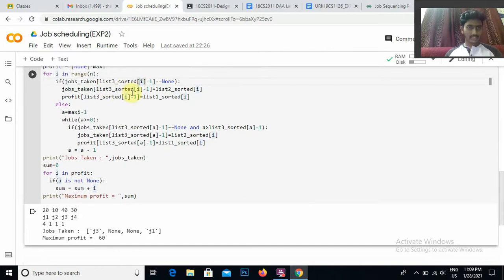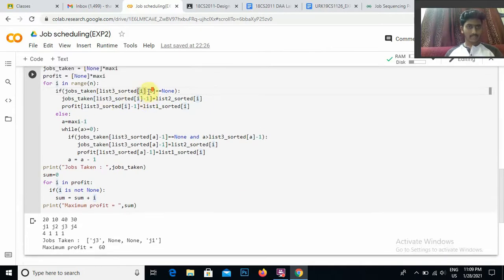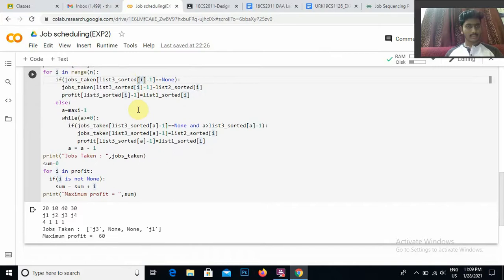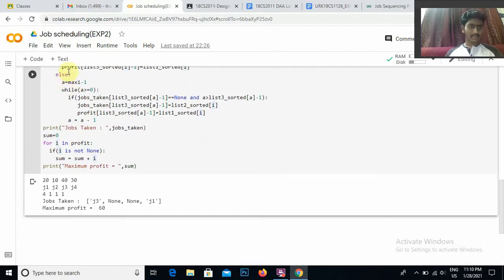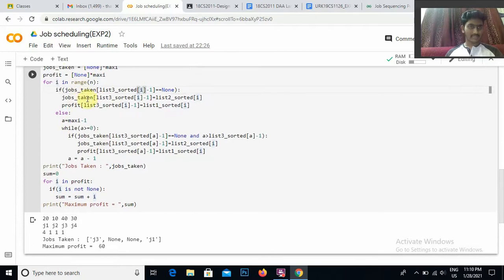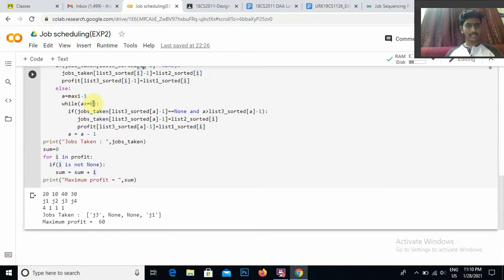If that place is filled and not available, then it must check the earlier places also. If 4 is filled, you can do the job in 3 if that place is empty, or 2 or 1. For that, I have taken another loop in the else part. If this condition fails, meaning that place is taken, I'll check the remaining places too.